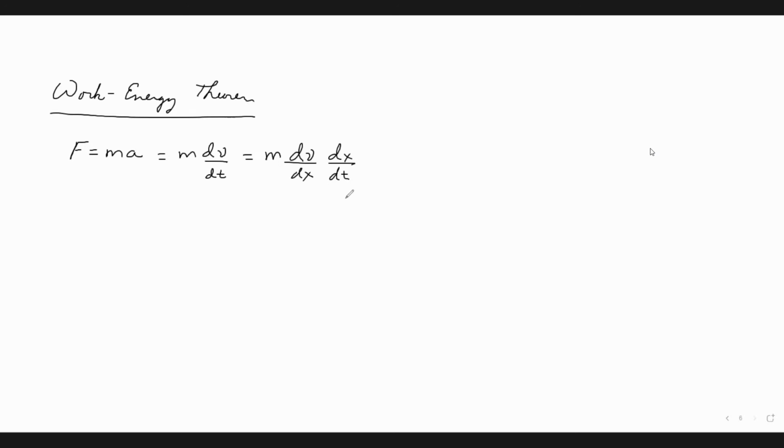So let's finish this by writing this as m dv dx. And what is the dx dt, Andreas? Just velocity. Is just v, the velocity. So now I have a differential equation that says F is equal to m v